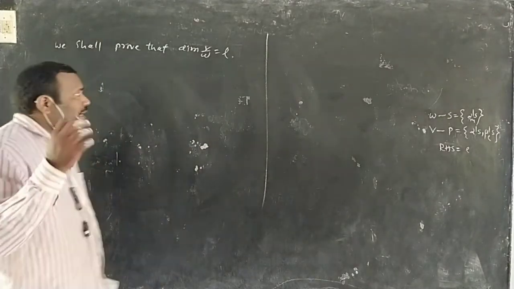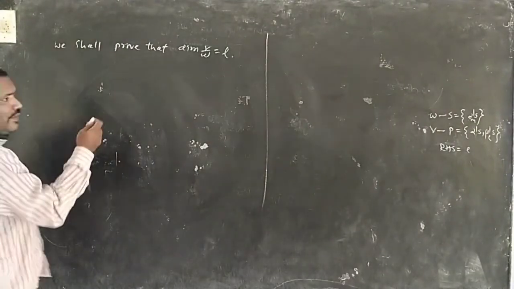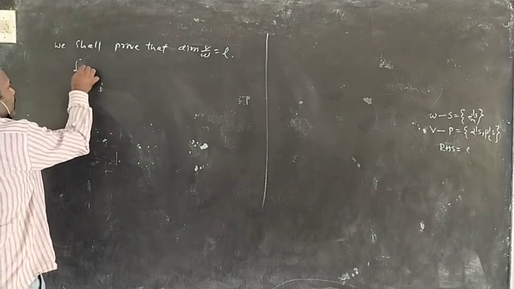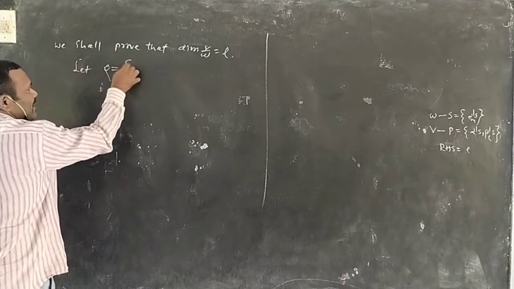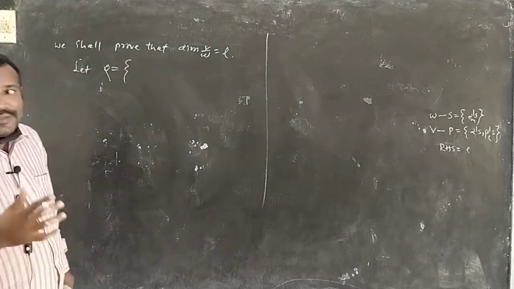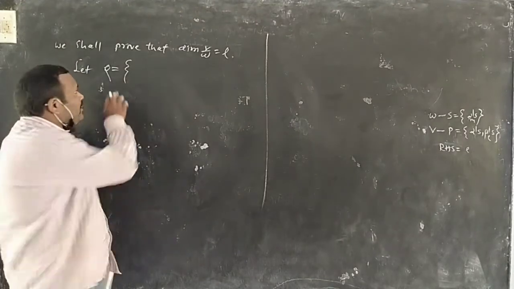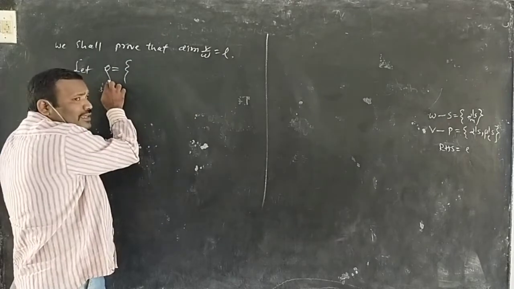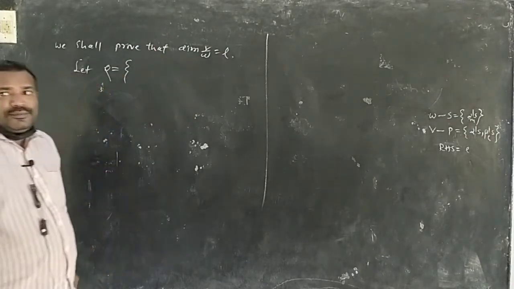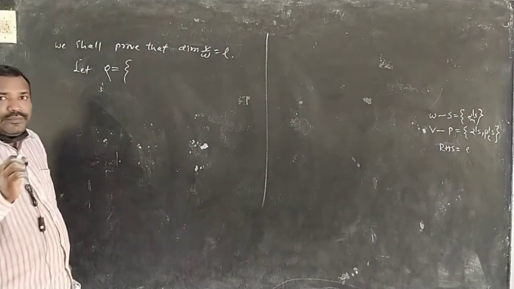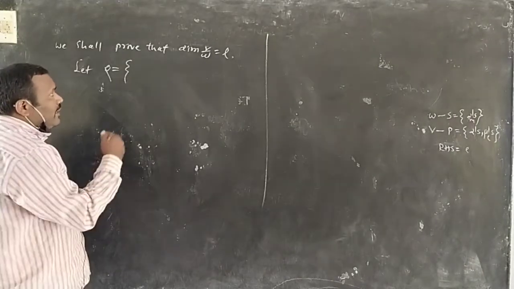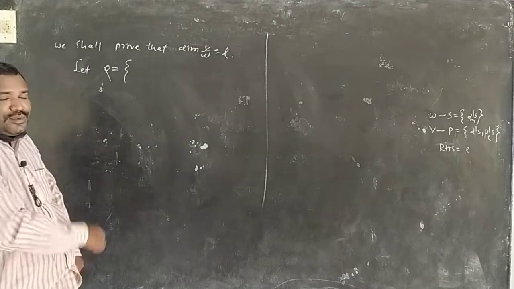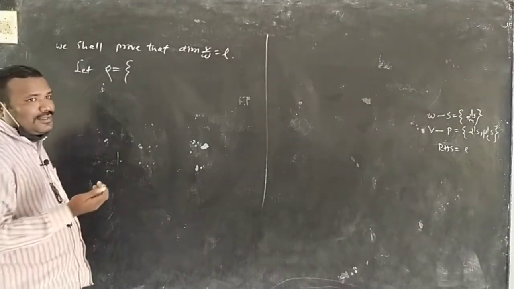Okay na? So let us consider a set. We have already used S, now let us use Q. Let Q be a set consisting of cosets, not vectors, because the elements of Q are the elements of V by W. We are going to say Q is a basis of V by W. Understand? V by W ki basis ani cheppukovali. Dani kosam Q lo V by W lo elements teesukovali. V by W is a quotient set. It consists of cosets.